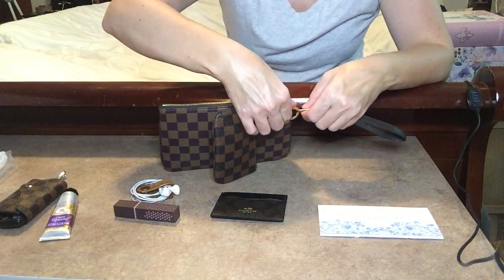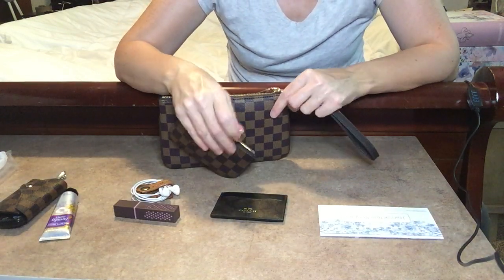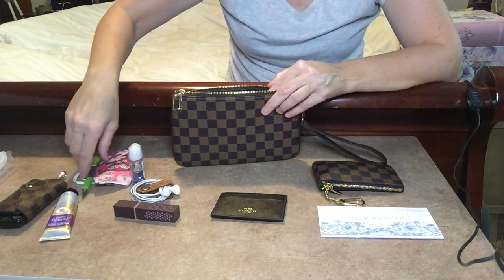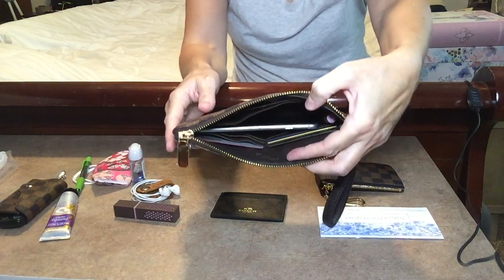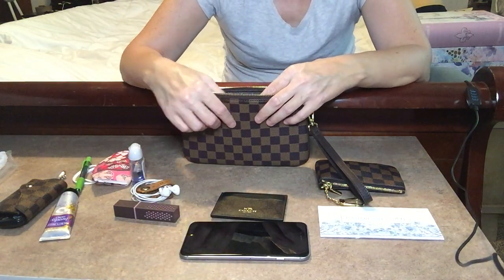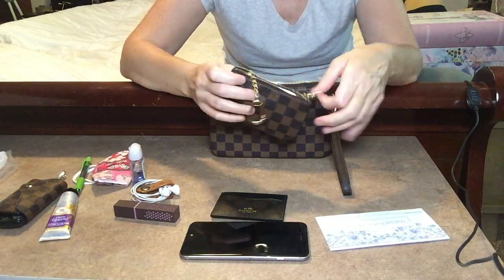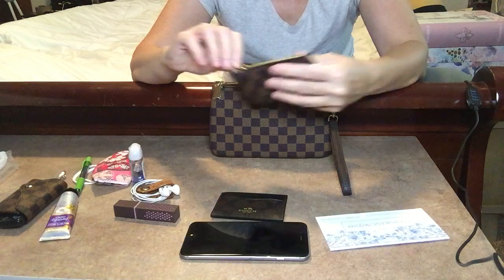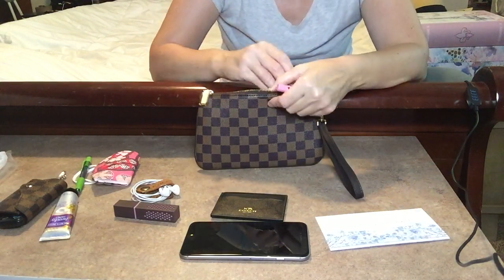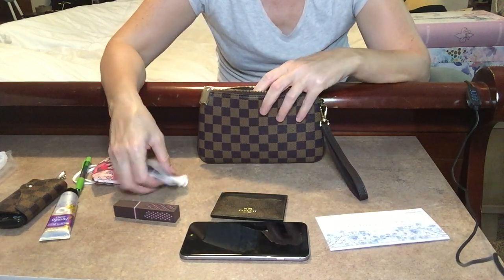However, if you do have an OtterBox case for your phone and you hook that, like if you have a phone holster or that sort of thing, and you don't need to have your phone in here, then that gives you a little bit more room, because the phone makes this really rigid on the inside, so it limits what you can put in there. So if I say for instance I had a phone holster for my phone and I wanted to wear it on my hip, I could technically do one of two things. I can either leave my keys in this little pouch and put it in here, and then I could still have my cards, my cash, my keys, my hand sanitizer, and then if I wanted to take a little lip gloss, my mask,